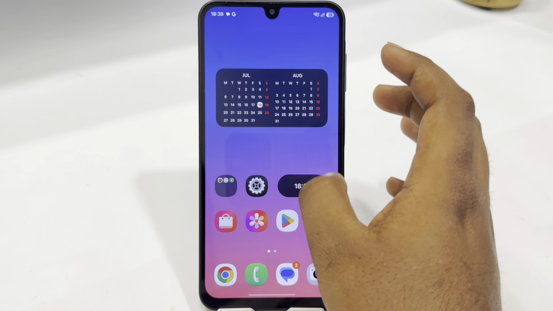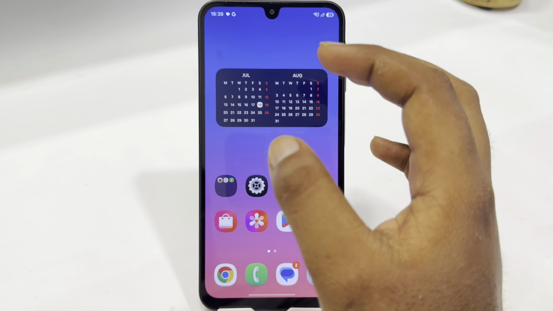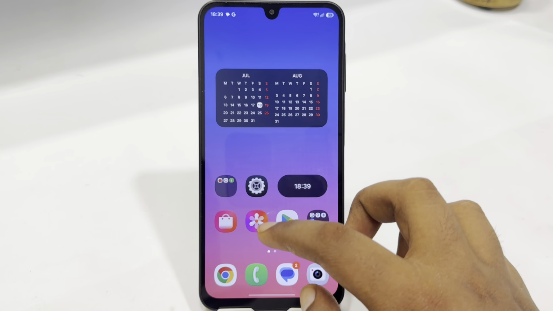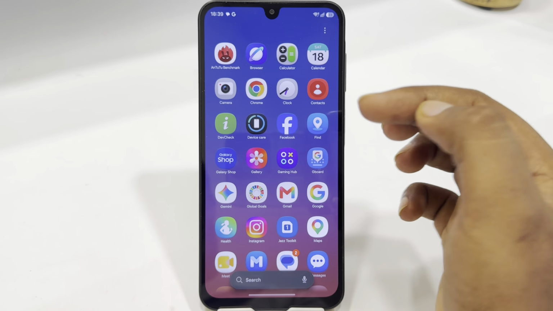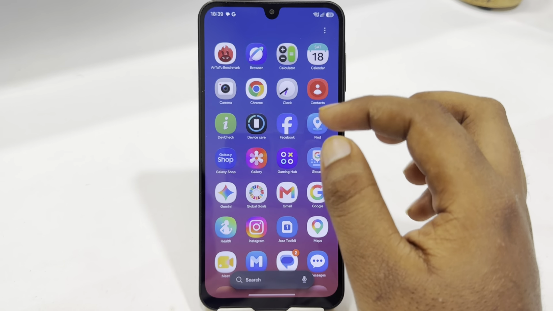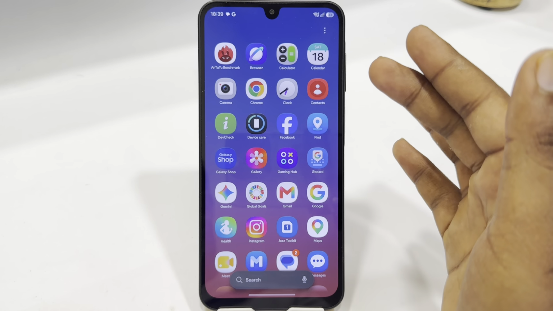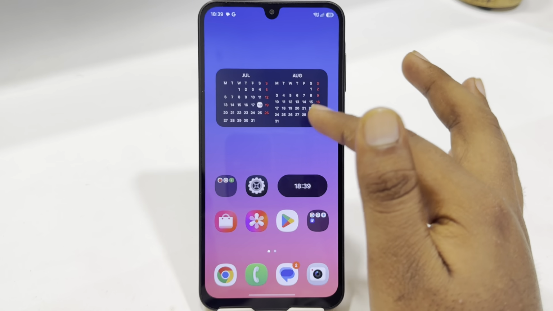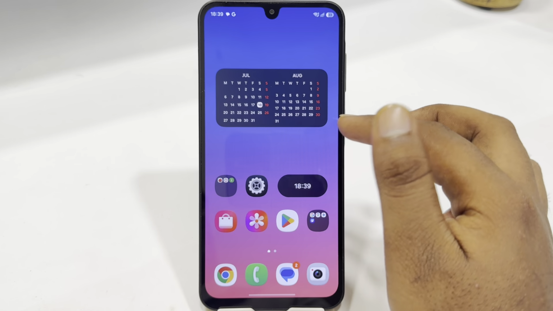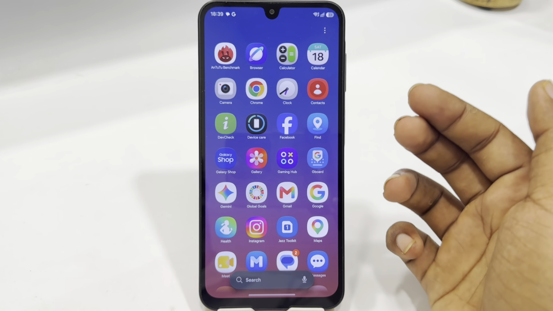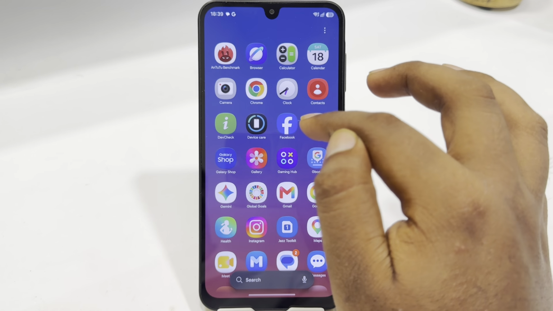So the very first thing, if you're using a Samsung S23 Ultra and your app icons are not showing on your home screen, you just have to swipe up on your home screen and you might see the app drawer. After update, you might have an app drawer and now your apps have been moved here. If you want to fetch them back on your home screen, there are two ways. You can disable your app drawer or you can fetch apps from your app drawer. You just keep